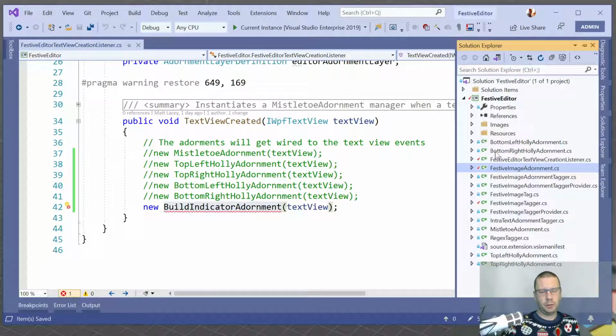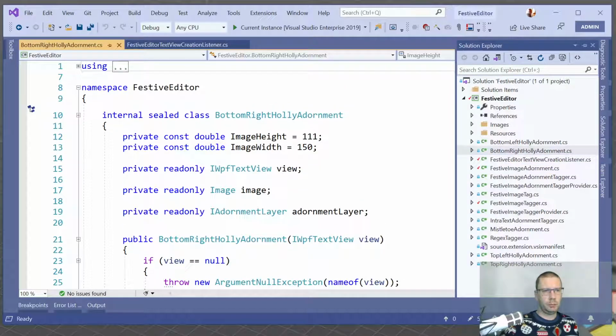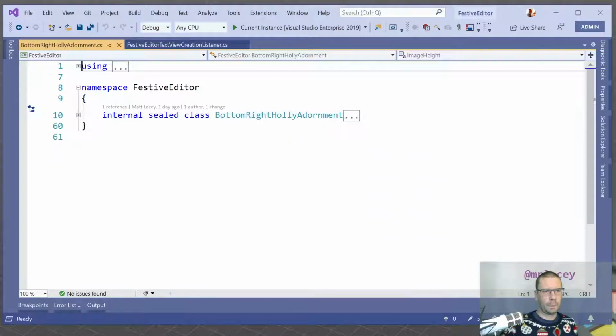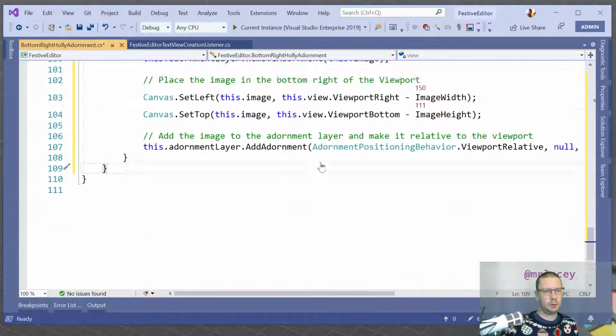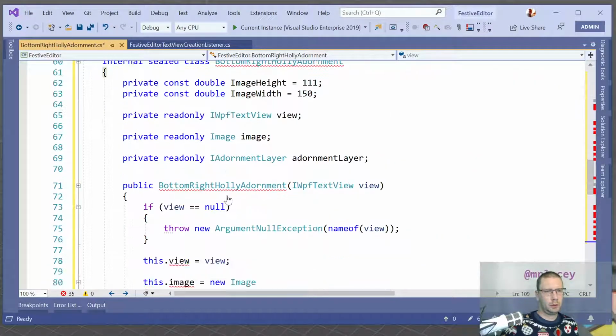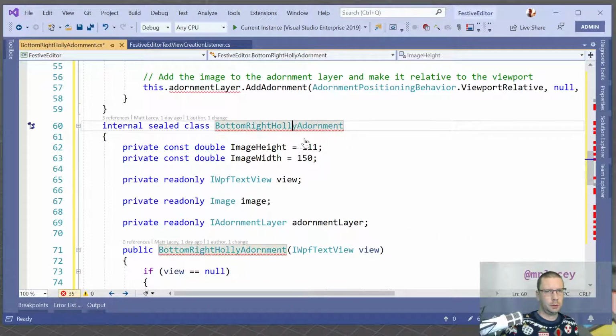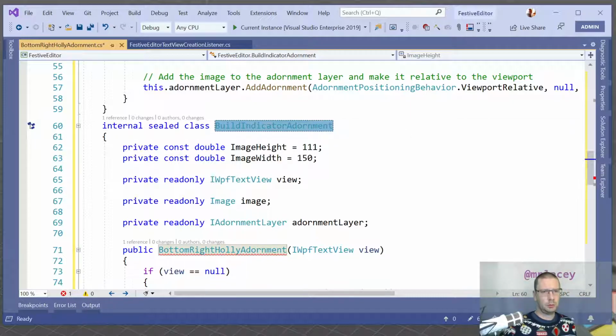And the easiest way to do it, if we put it in the bottom right hand corner, let's just copy our bottom right holly adornment. I called it build indicator adornment. And set the constructor. It's going to do something very similar to